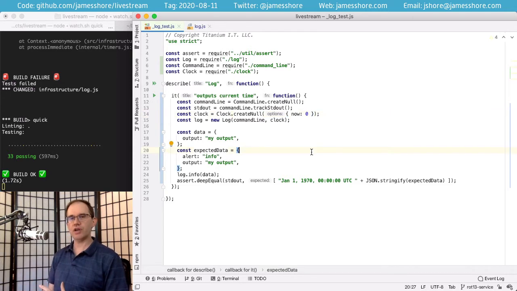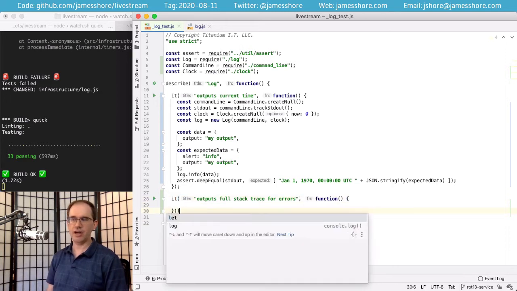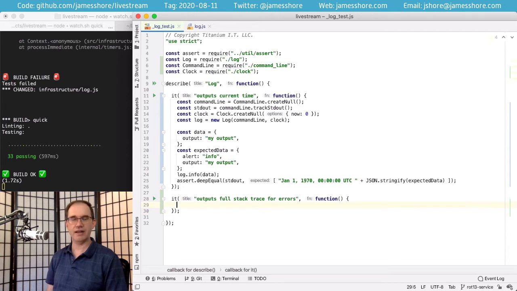Now, because we're doing structured output, it's going to stringify most things, but errors, I know just from experience, require special handling. We want it to output the full stack trace for errors. Whether or not you need to special case this is going to depend on the language you're using, but in JavaScript, you do.